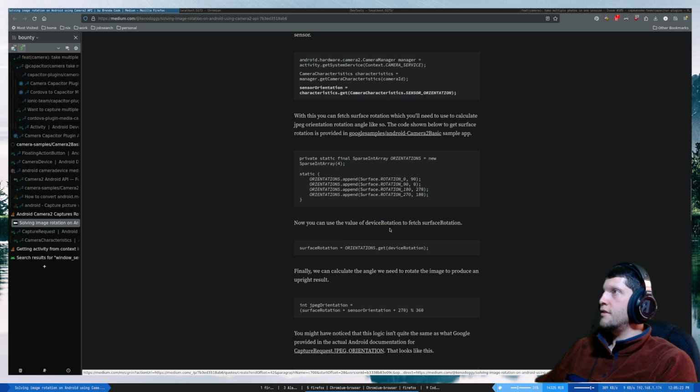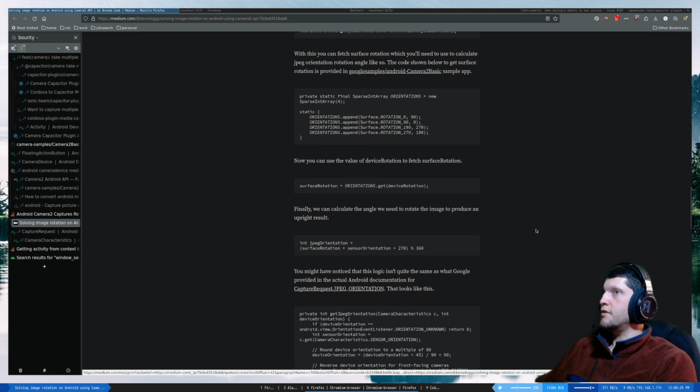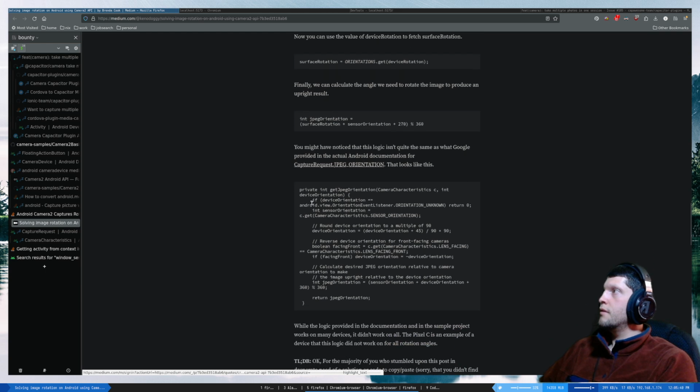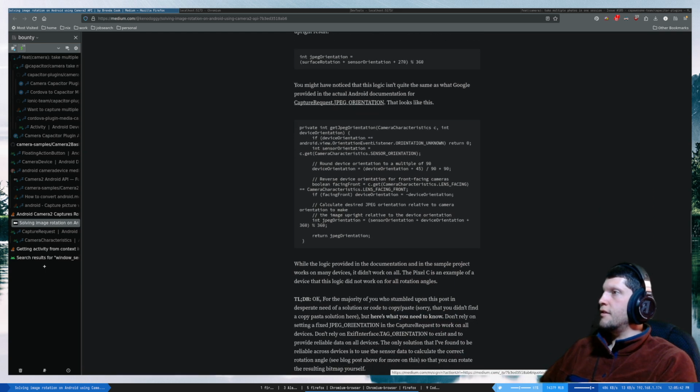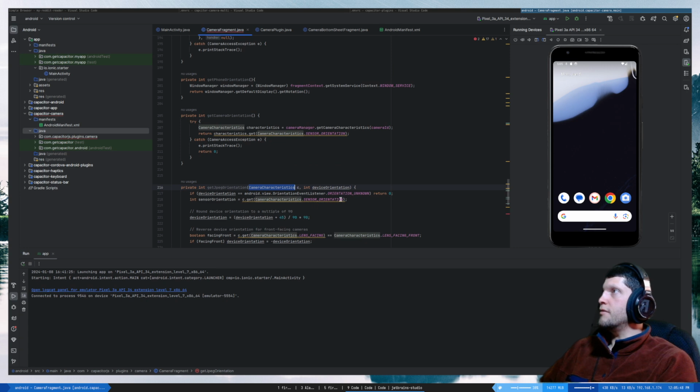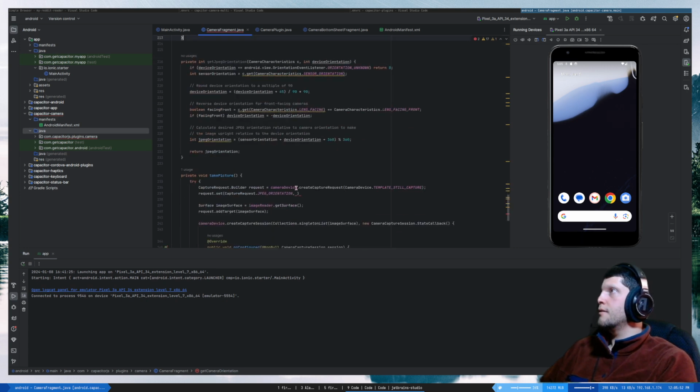Now you can use the device rotation to fetch the surface rotation. Calculate the angle. Well, this is just what's on the Android dev, isn't it? Okay, so if I pass this, so maybe I don't need this here. We can say